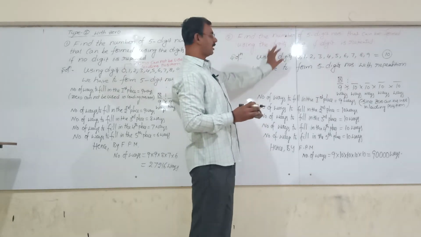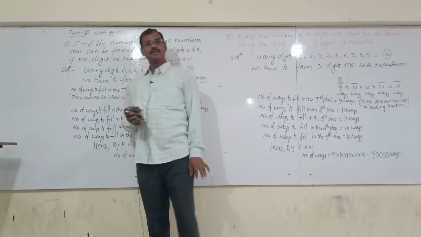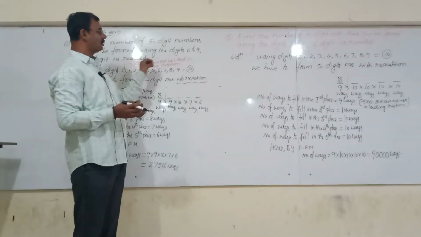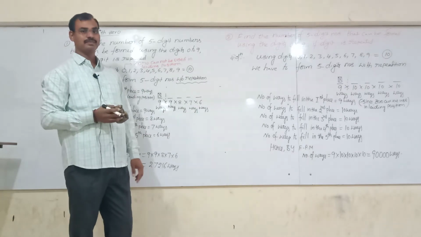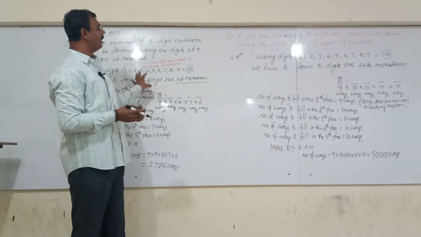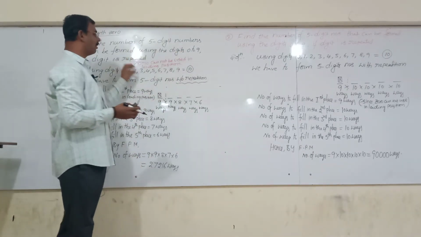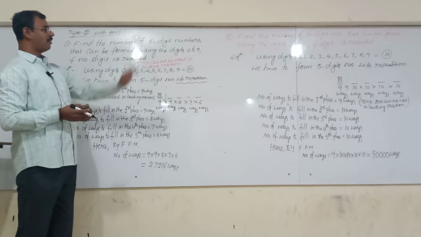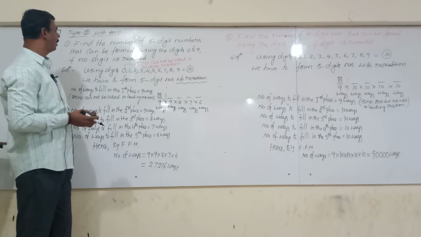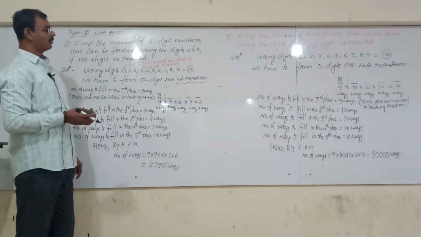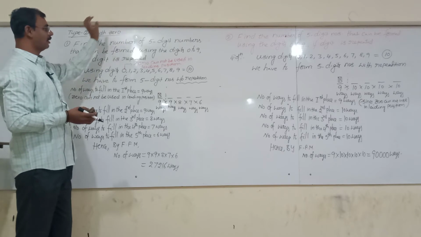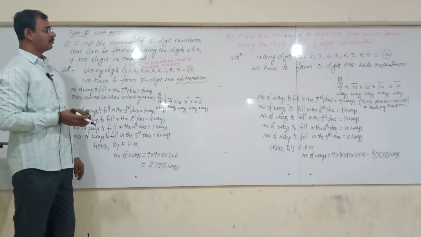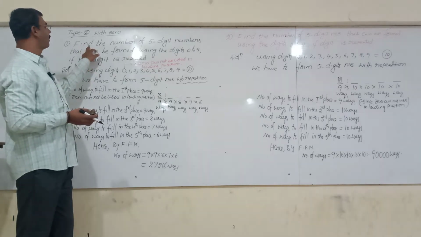So if repetition is allowed, it is easier than when repetition is not allowed. Correct? Okay? We have to solve all types of questions every time, where a digit is repeated and where a digit is not repeated. Shall we write one more question? Next model, continue. Take the next problem.